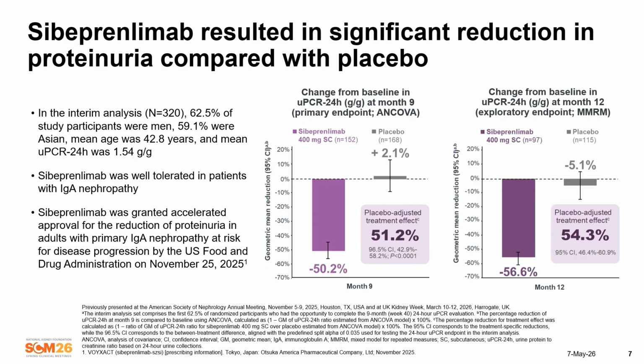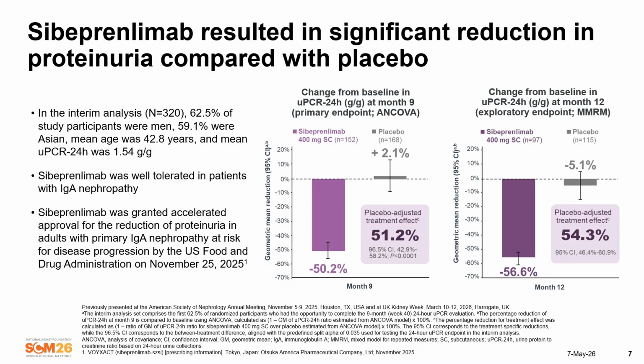There was a predominance of men, just like we see in this disease in general. A good representation of Asian population, about 60%. The mean age at study entry was 42.8 years, and the mean UPCR based on a 24-hour collection was 1.54 gram per gram. The drug was well tolerated and led to a significant reduction in the treatment arm of 50.2%